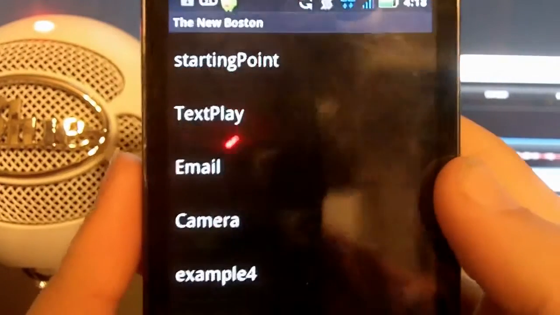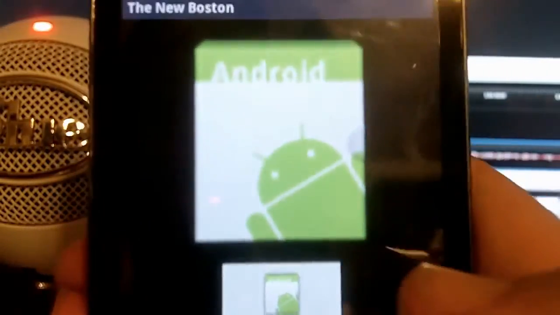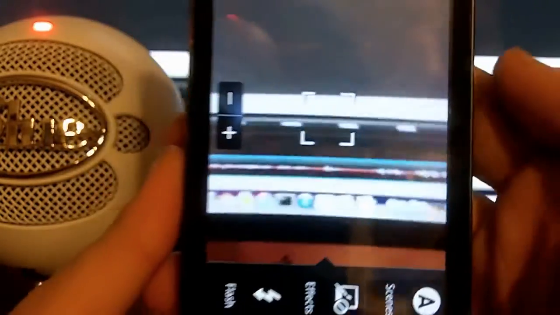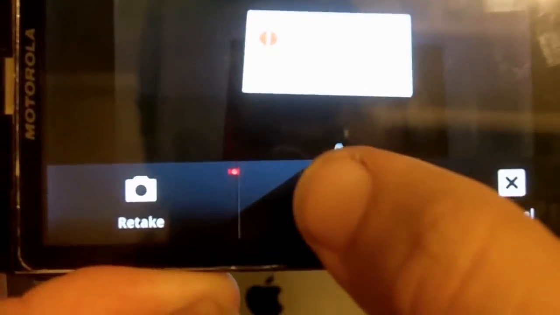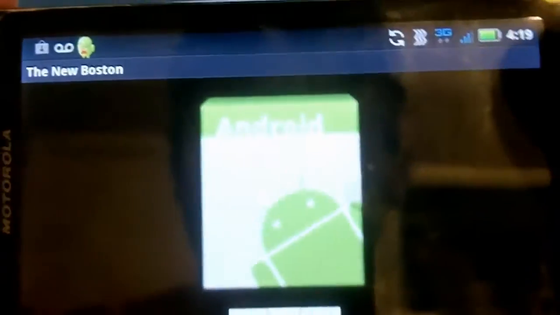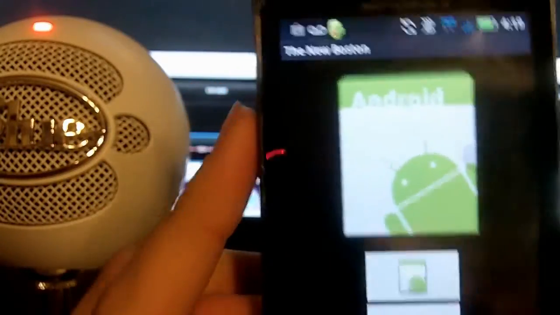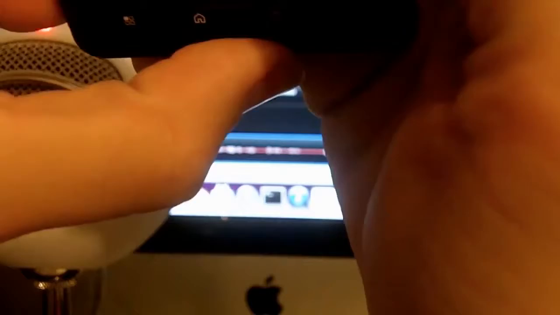So alright, what's up, guys? So here's our camera application that we just set up. Alright, so we're going to try and take a picture, and it opens up our camera activity, as you can see here. I'm just going to take a quick pic, and then it's going to say, is that okay? We're going to say done, and oh dang it, well, there's one of the errors that I wanted to show you guys. Basically, when we tilt our camera, that picture goes away. But just to show you guys that this application actually works, I'm going to take a picture like this